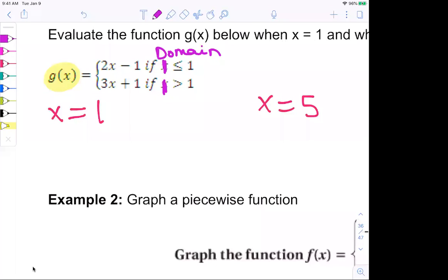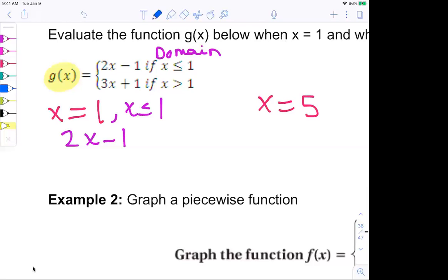So Jordan, which condition would it work for if my x value is 1? The first equation? Yeah, the first equation. Because x is less than or equal to 1. 1 is equal to 1. So I'm using the first equation, 2x minus 1. So I'm picking one of the pieces. I don't get to use both because then 1x has 2 y's and it's not a function.